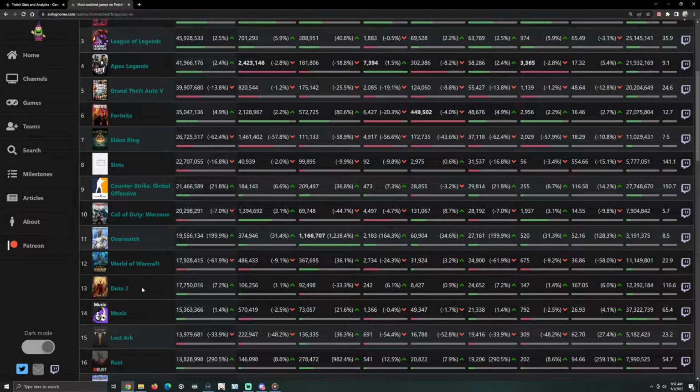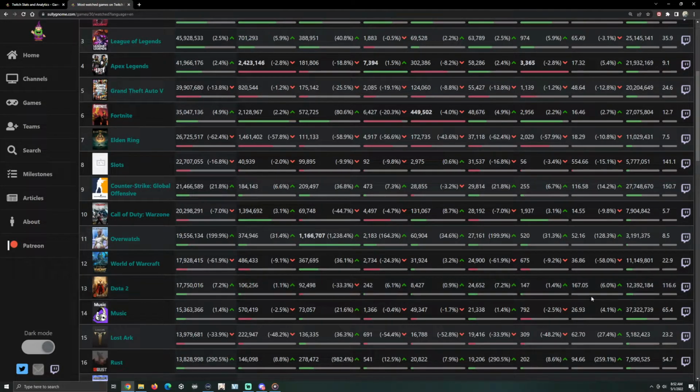Now, one that continues to amaze me that's been on here for months and months is Dota 2. It has always had few streamers, only 147 on average, but your viewer ratio is crazy high. So if you are looking to play a MOBA and you want to get discovered, then maybe you should start playing Dota 2. You could build your entire community around playing this just a couple days a week, and then play other games the rest of the week. This could really get you a ton of viewers pretty easily.